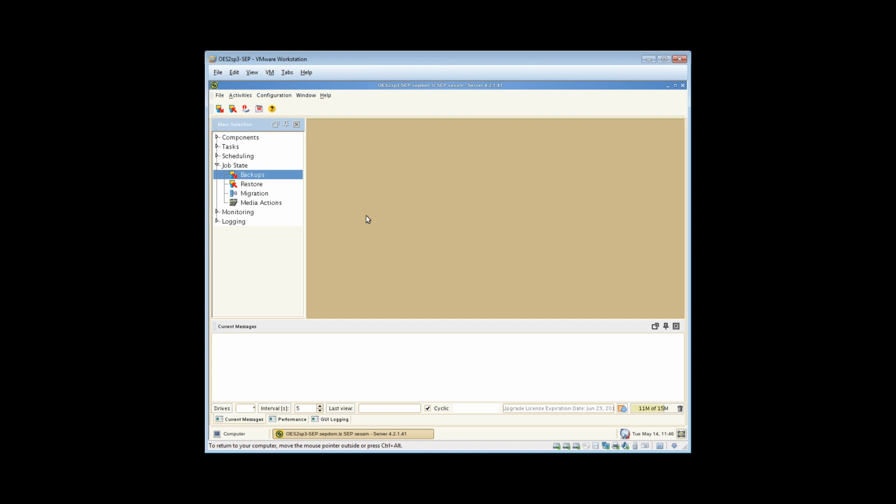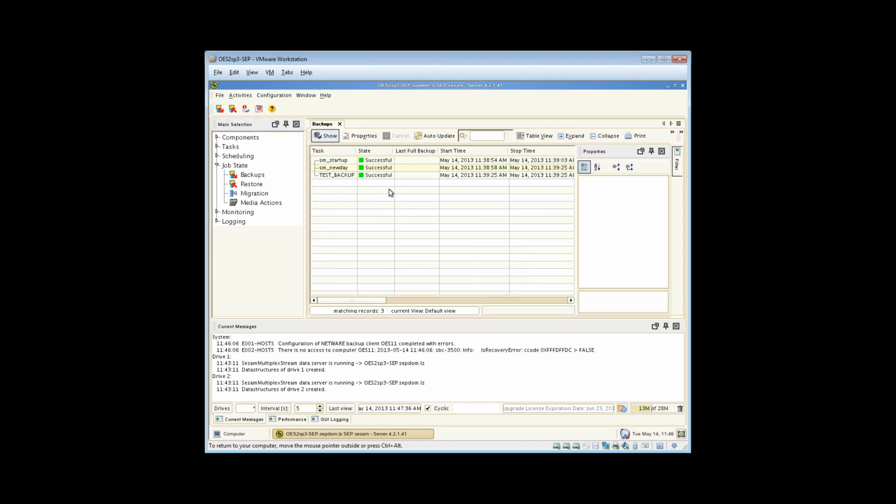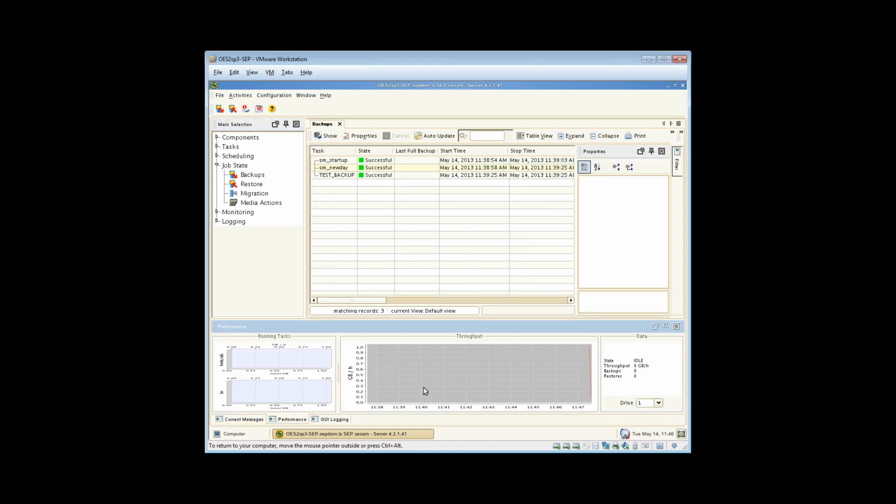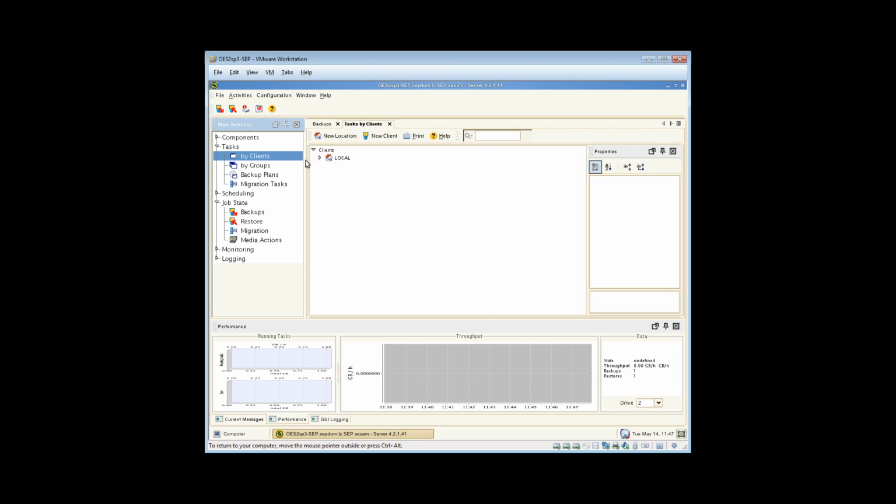to the job state. We had looked at the job state earlier for our backups, and we have a performance window at the bottom. This performance window is actually going to show us our throughput, overall throughput for all jobs running, and we get individual throughputs over on the left for each server that we're backing up. The drive group that we created before was 2, so when we saw that that drive group was number 2, that's the drive group we want to watch when we're doing this backup, and we're going to go back to task